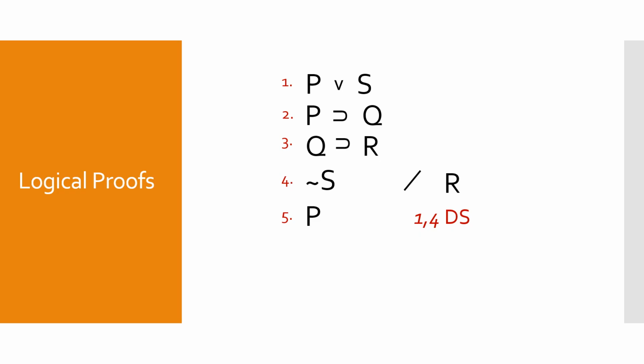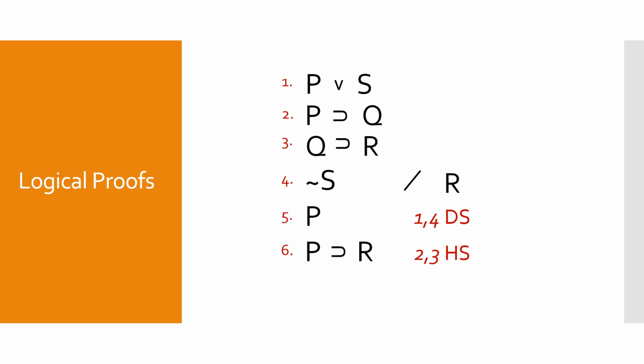If we take premise 1, which is either P or S, and then combine it with premise 4, which says not S, we can draw the conclusion that P must be true based on the rules of a disjunctive syllogism. Leaving P alone for now, we can also draw the conclusion that if P is true, then R is true,